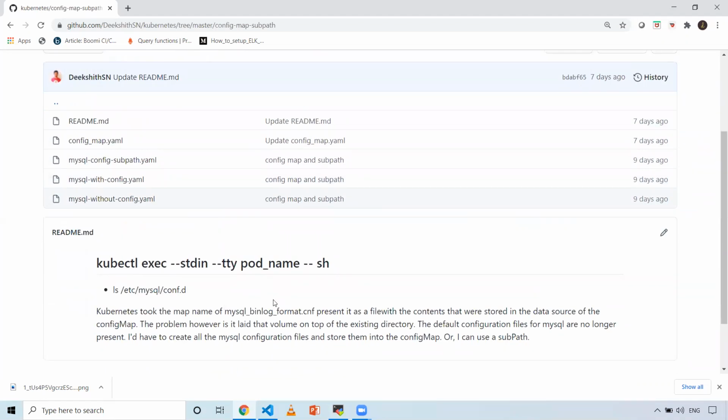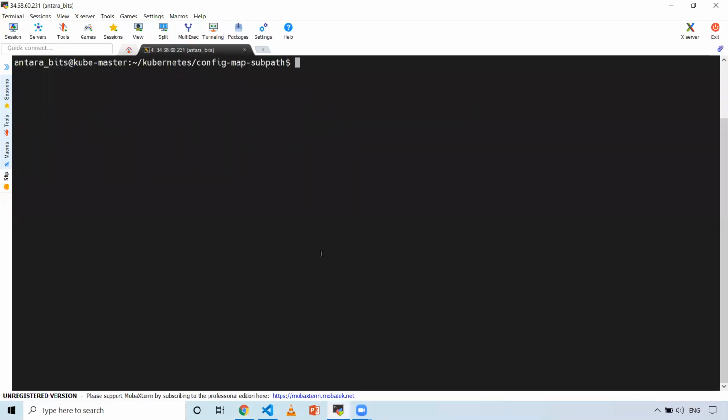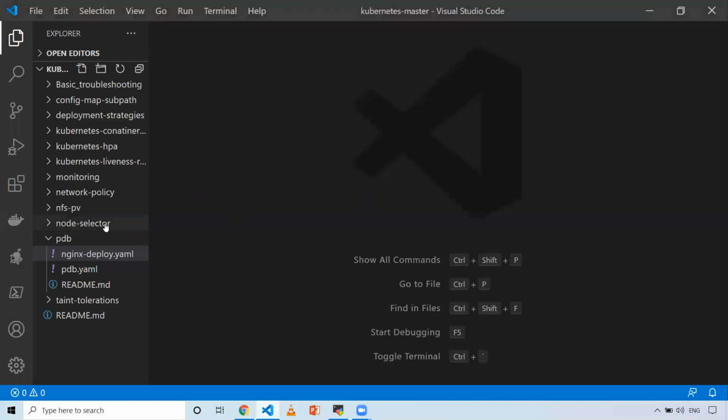First, we will create a pod without a config map and see the folder structure. Then with the config map, we will check how it behaves without subPath, and after that how it behaves with subPath.